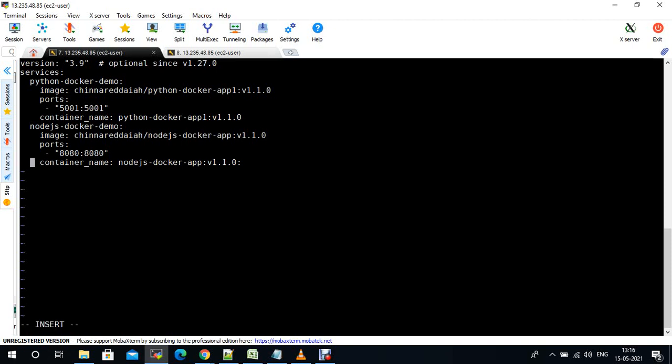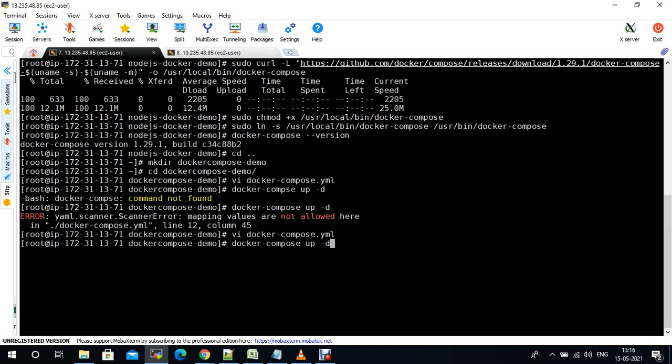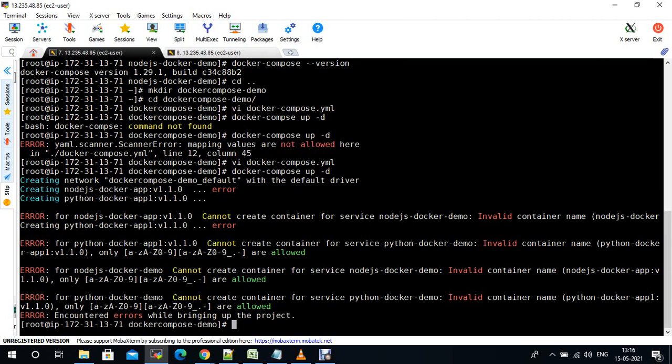So let me remove this colon. Let me save this one. Now if you give docker compose up -d, you can't create container, service node.js demo, invalid packages. No, I think I need to provide the application name, not that one. Let me provide the image name.